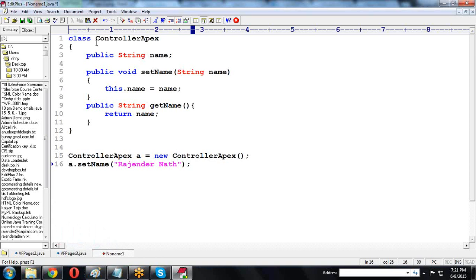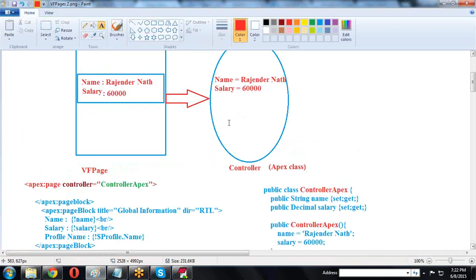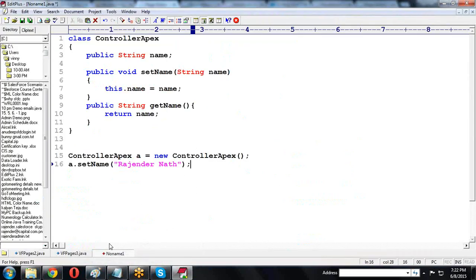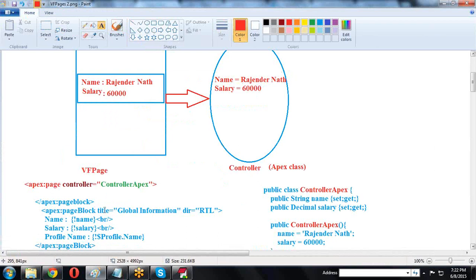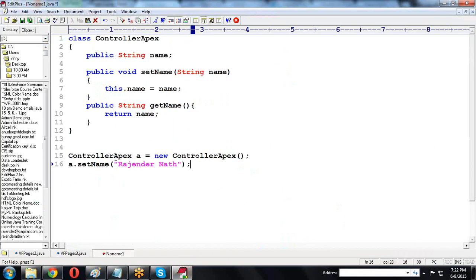I want to create something, the name is created like this. So here I am saving the name in the Apex controller. Whenever I create a Visual Force page, Visual Force page controller equal to Apex controller, that means internally the system is creating one object.